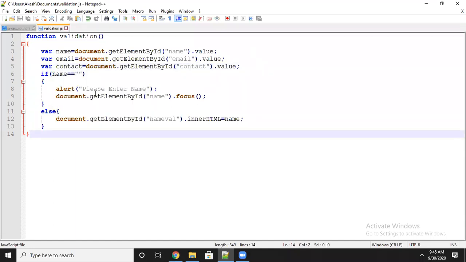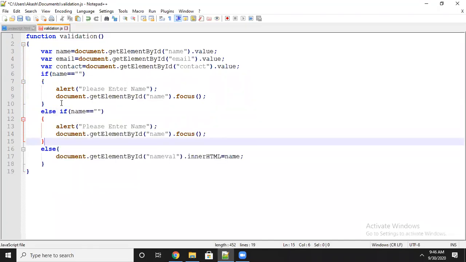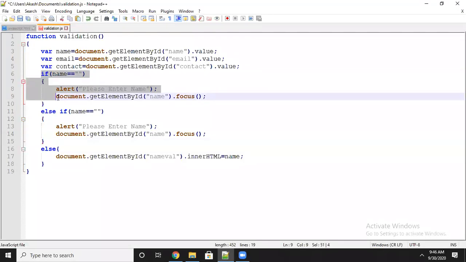If you want to check both values, first we have to pass the values. Then only it is possible to check, else it is difficult. That's why first I am passing the values here and taking one variable for each. Through that variable itself I am testing. Now, the else if ladder: multiple cases you have to do here. Just copy the same case, else if. First it will check, if there is no issue, then it will go to else if. If no issue, then it will go to the last else.